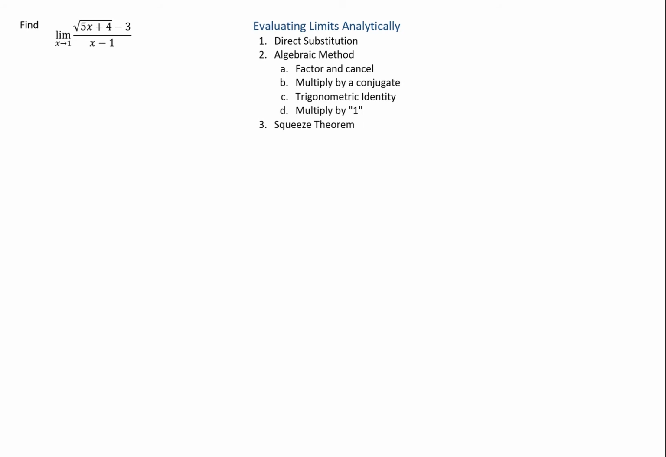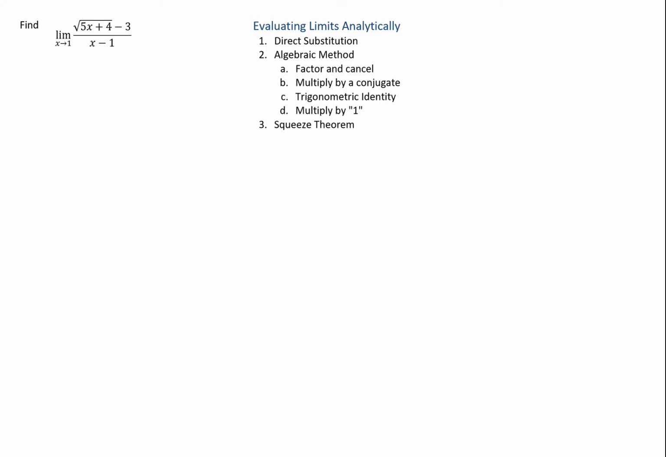Alright, in this problem we are asked to find the limit as x approaches 1 of the square root of 5x plus 4 minus 3, all divided by x minus 1. Now it looks like a real bugger of a problem, that square root and irrational function going on. And before we actually approach it, I want to look over to the right here and look at